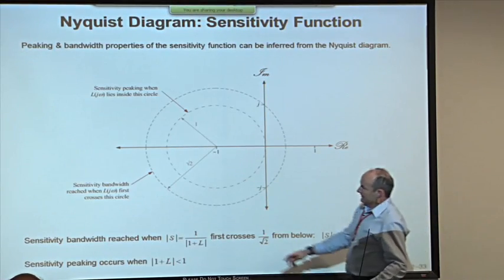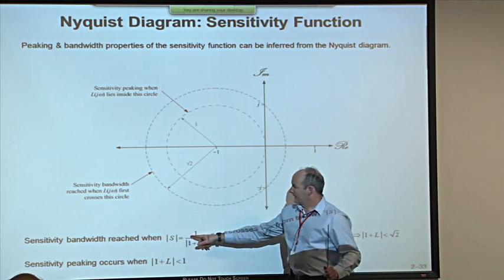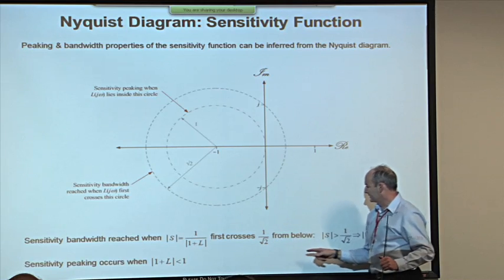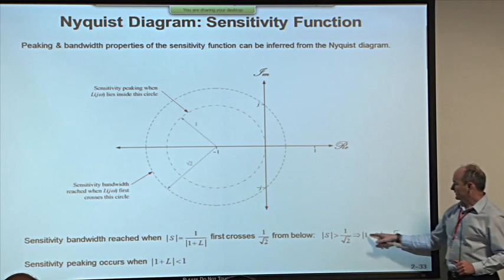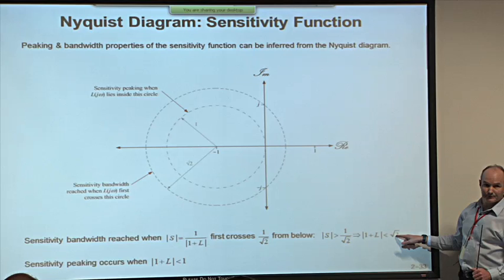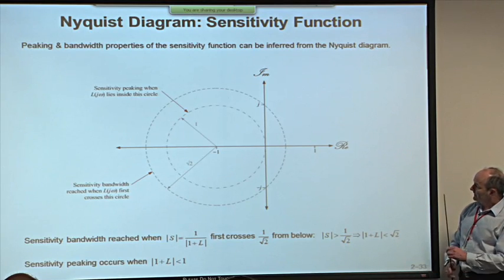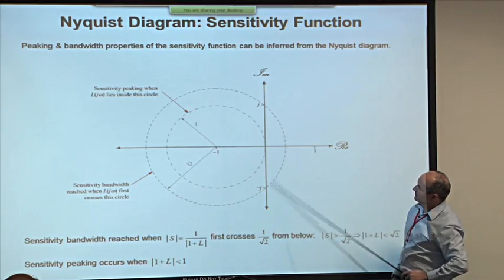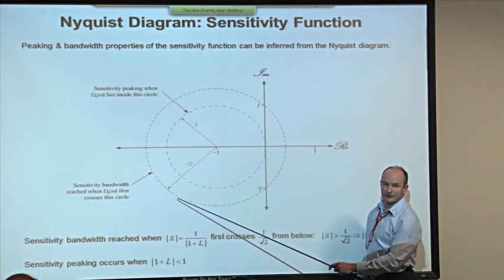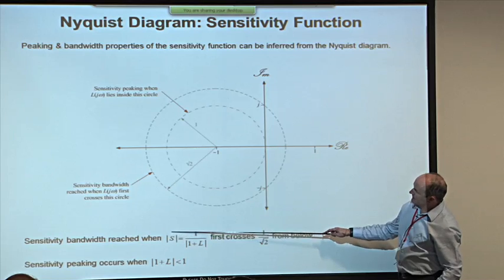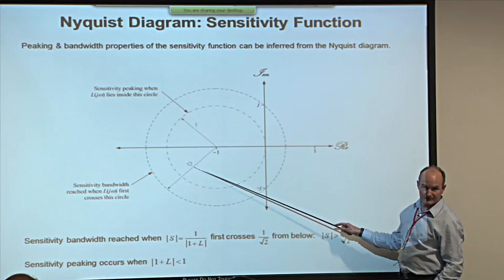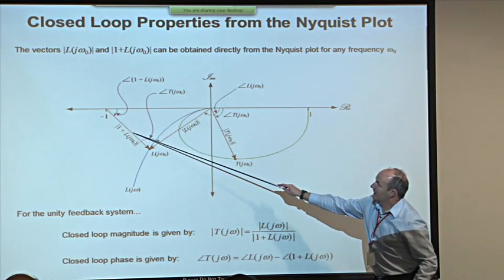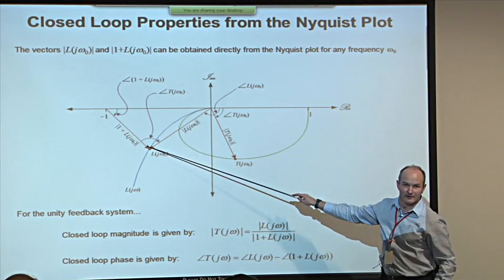So first of all, the bandwidth is going to reach when S is equal to 1 over root 2. Or in other words, 1 plus L is equal to root 2. You can take reciprocals of both of them. That is equivalent to drawing a circle centered on the critical point of radius root 2. Because any time that the Nyquist curve passes inside that circle, this vector is going to have a length of less than